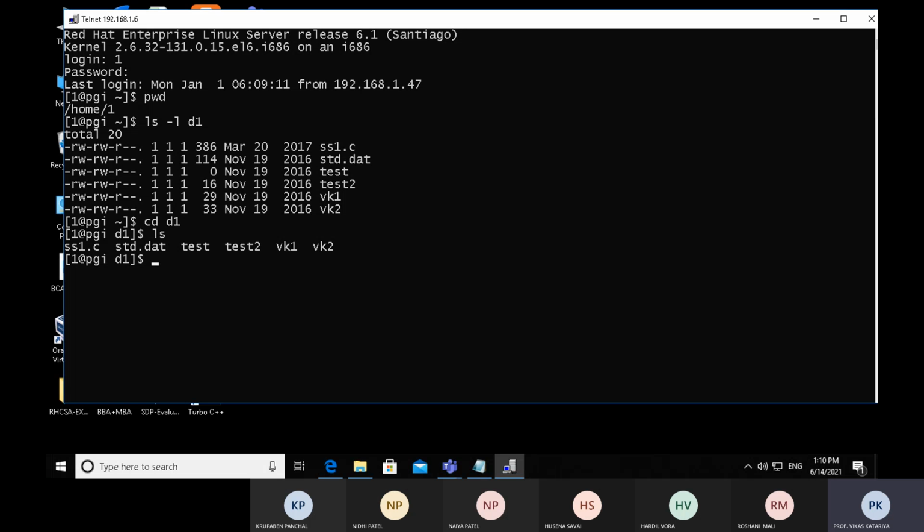Let's check is there any directory d2. cd space double dot will change your directory from current to parent. Again, we are on the current working directory. Now let's check ls, cd space d2.